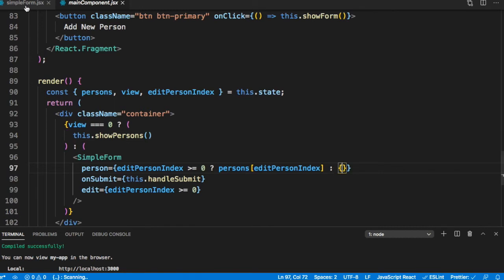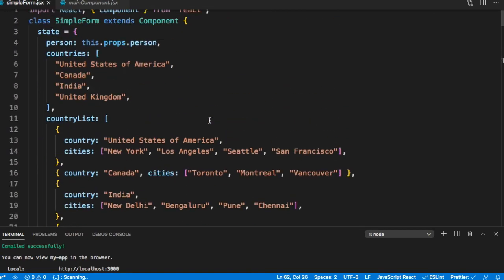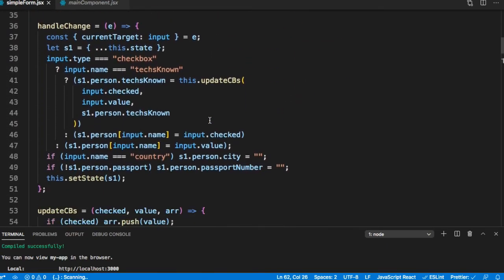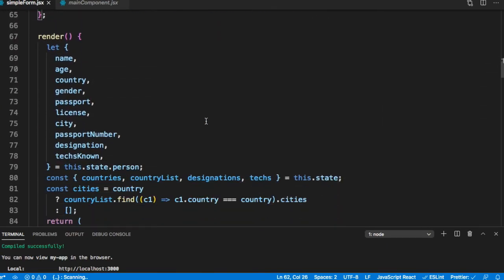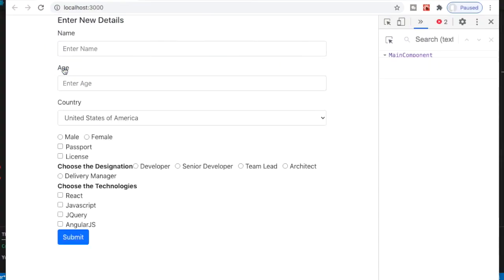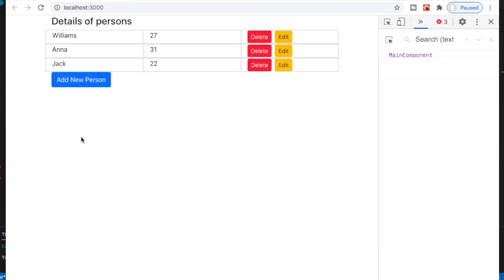So in our simple form, we will make a change here. What's the change we want to make? The default value of the technologies is an empty array. Let's go ahead and test it. Now, if I add a new person, let's say Jack, 22, and submit, we get Jack, 22, submitted.